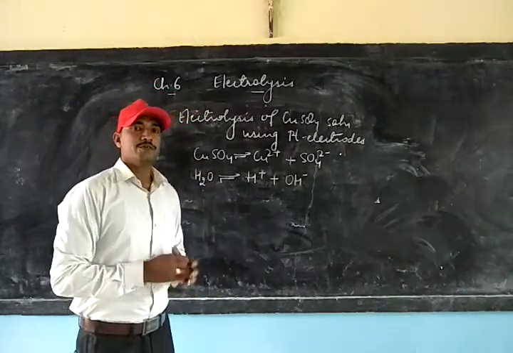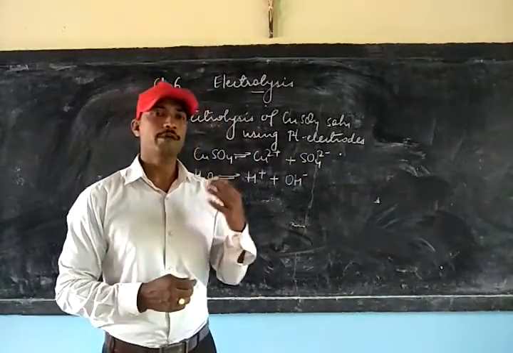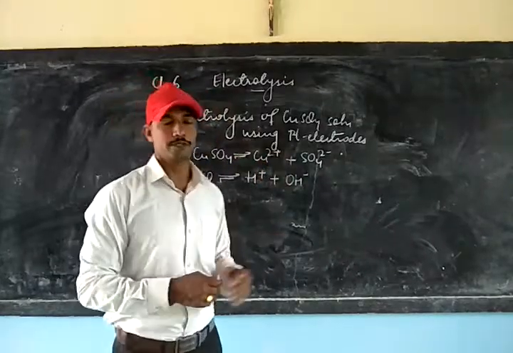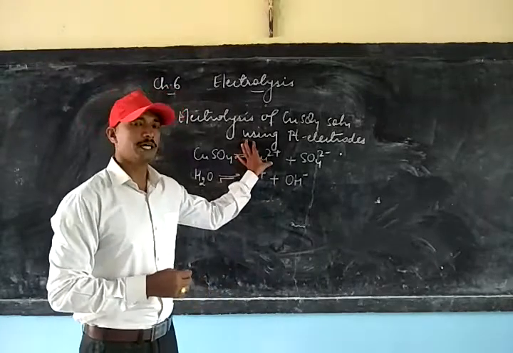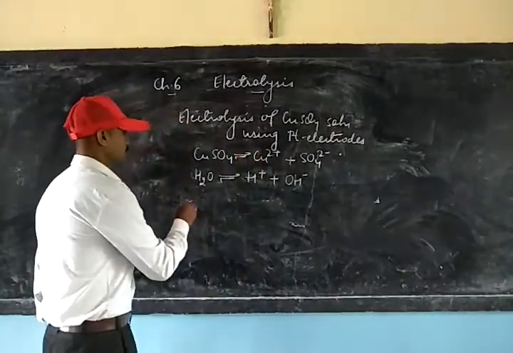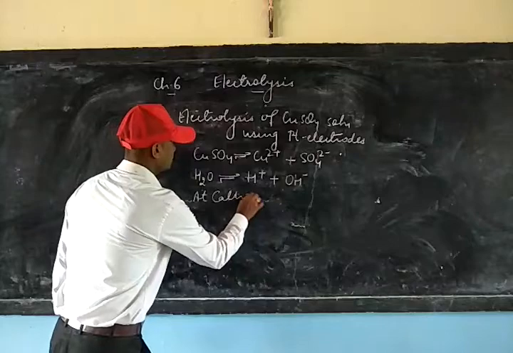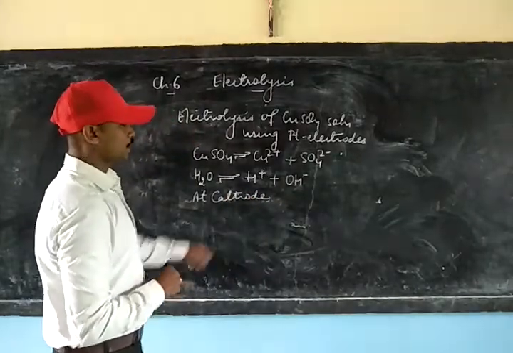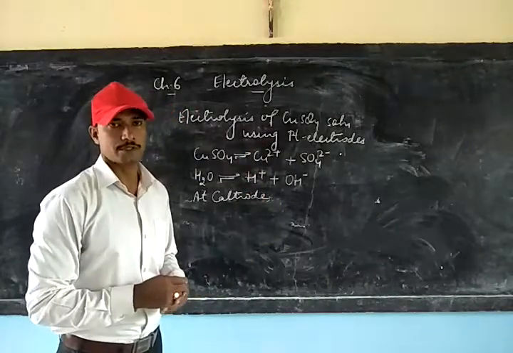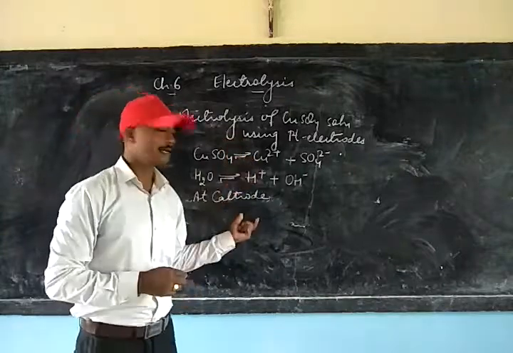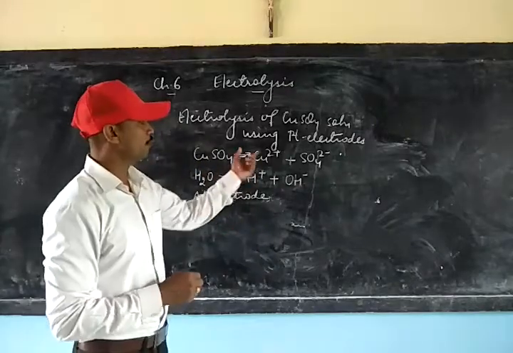Since we are discussing the electrochemical series, it all depends on the position in the electrochemical series. We all know that copper ion is below hydrogen ion, so preference should be given to copper ion first. Since these are positively charged ions, the discharging will take place at the cathode. So at the cathode, hydrogen ion will not be discharged. It will be cupric ion that will be discharged first. Though both the ions will move towards the cathode, discharging will be for cupric ion first.